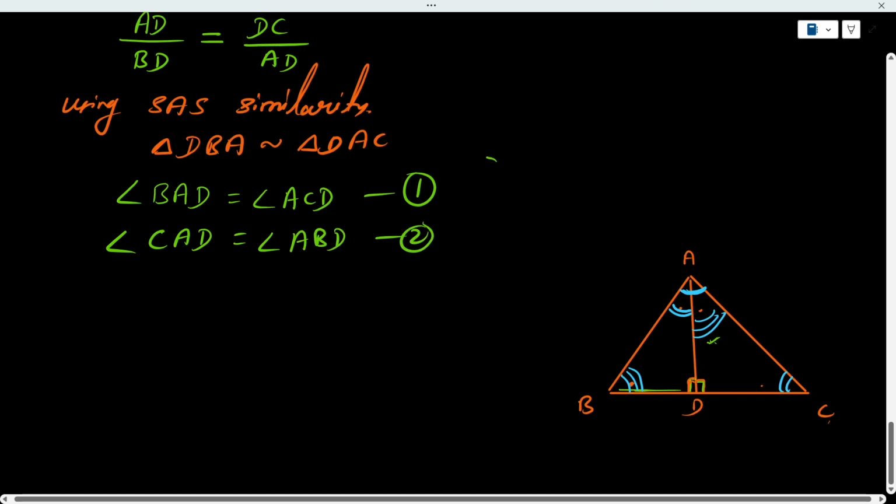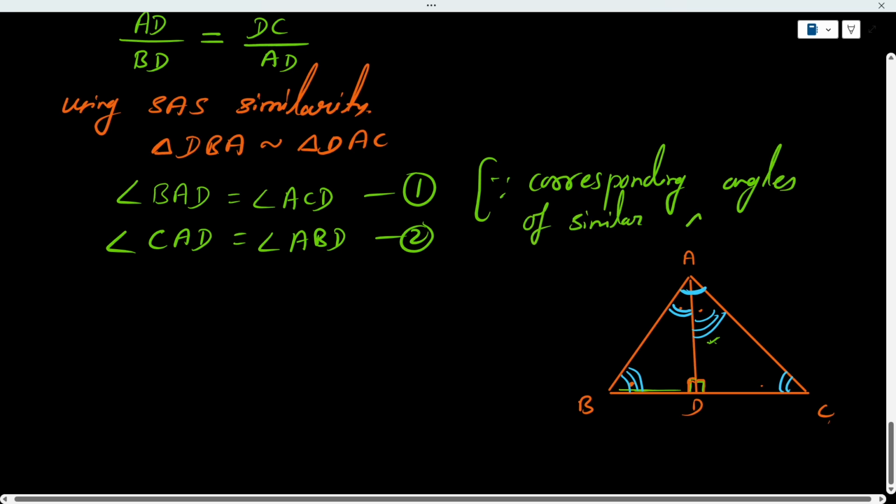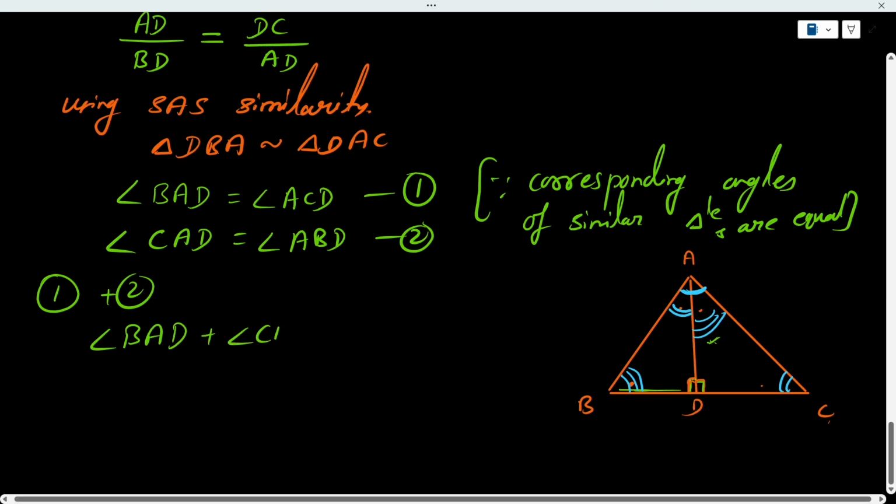Why is this true? Because corresponding angles of similar triangles are equal, right? You need to mention this reason. Now after that, because I need complete angle BAC equal to 90 degrees, you'll do 1 plus 2. Then that means left hand side will be added, angle BAD plus angle CAD, which will be equal to angle ACD plus angle ABD,